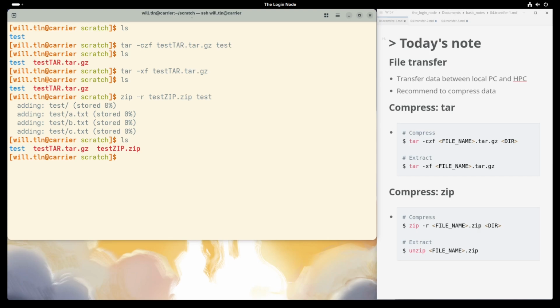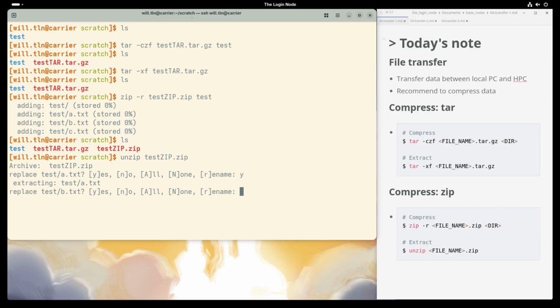To unpack, unzip, file name .zip. Whatever you use, just remember: pack first, send later.